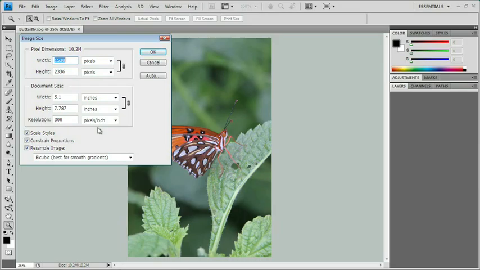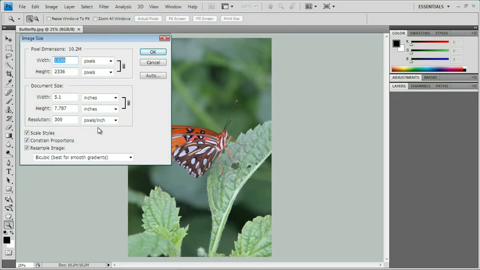When you're designing images for the web, there's really no reason to use a resolution higher than about 72 pixels per inch. And that has to do with the way computer monitors work. Computer monitors don't display more than 72 pixels per inch. So an image at a higher resolution and a lower resolution will look about the same on your computer monitor, but at the higher resolution, it's a much bigger file size,